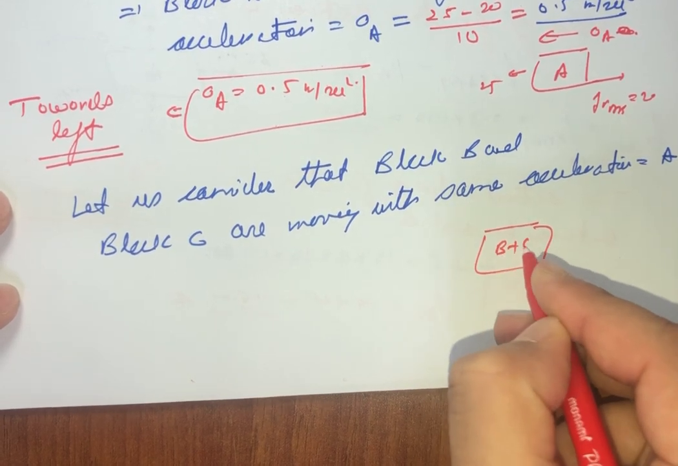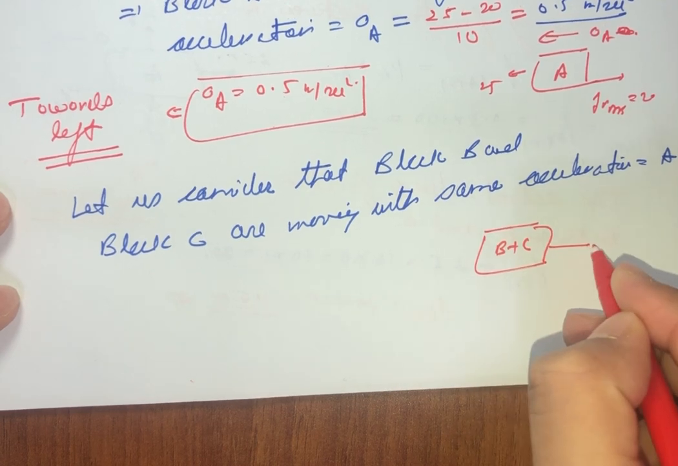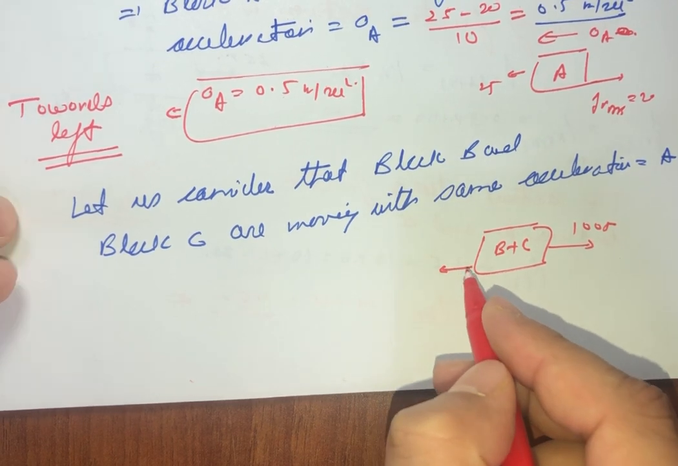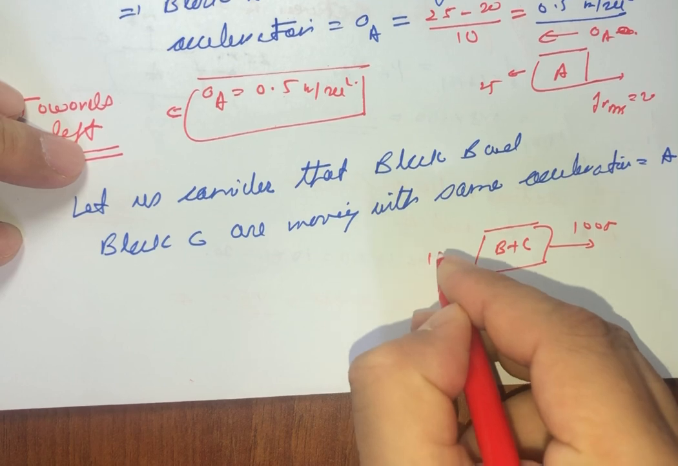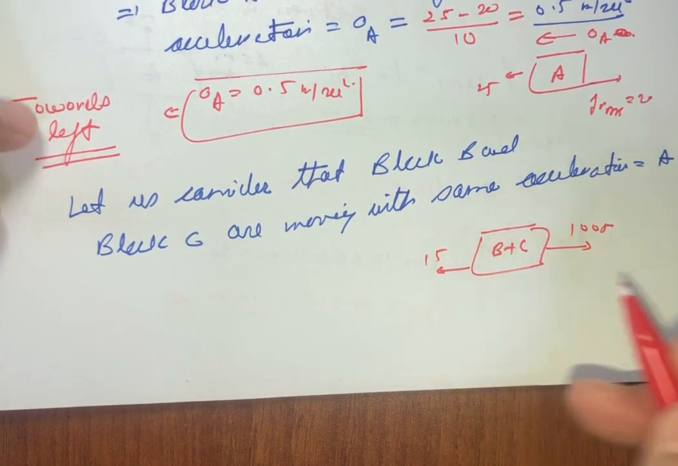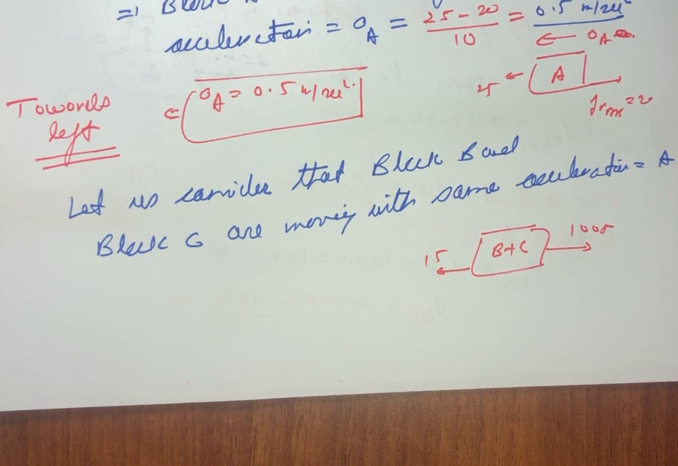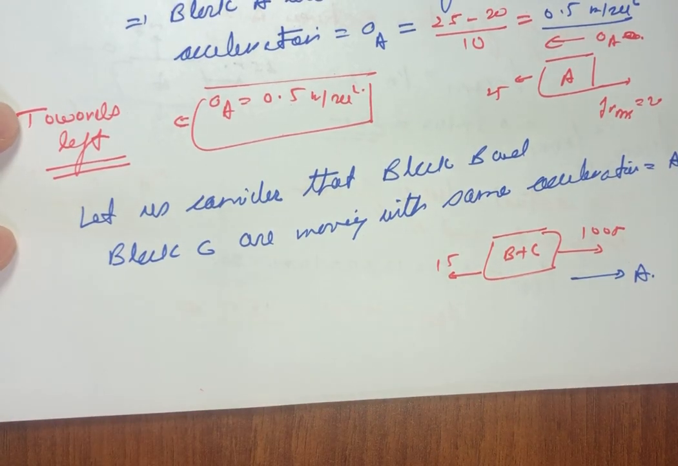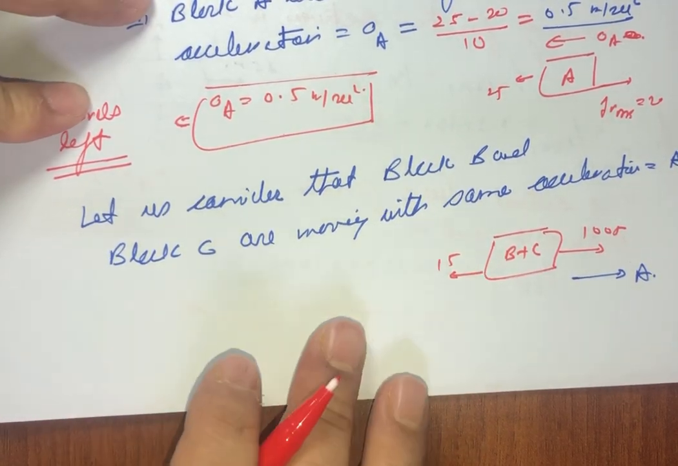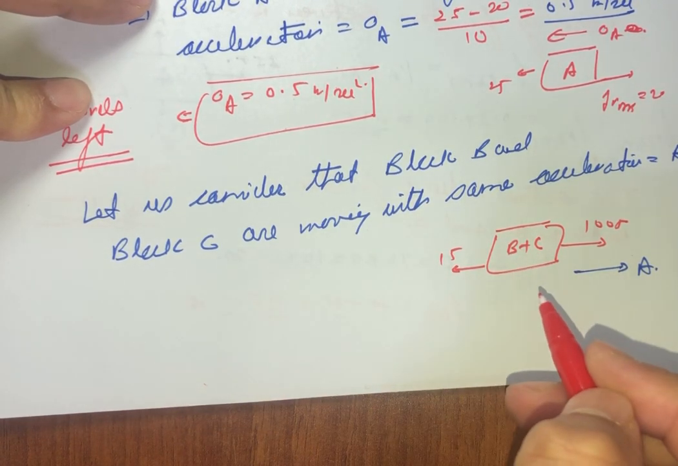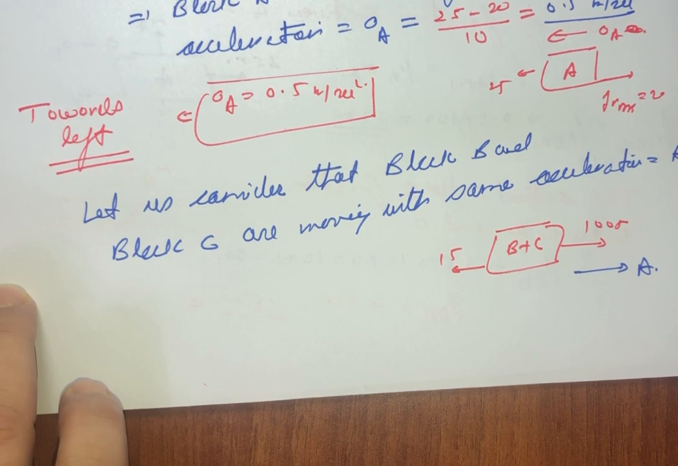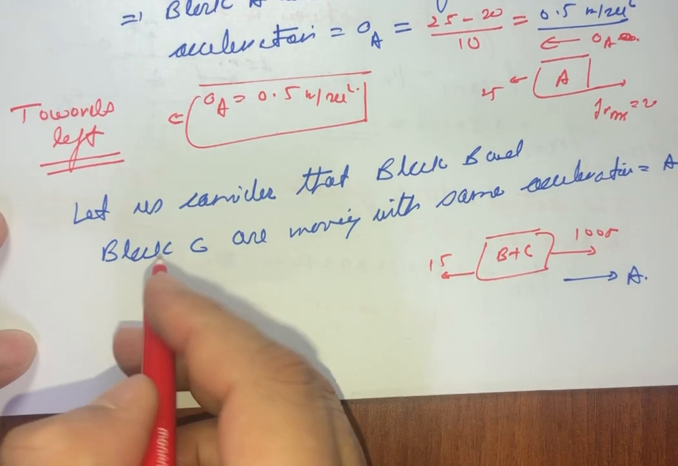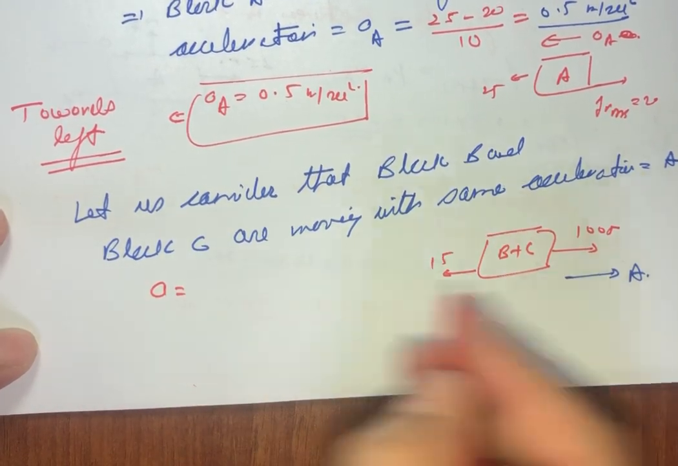So this is now B plus C, and a force is being applied of 100 Newton, and on this side on C it was 15 Newton, and here is a smooth surface, and we say that it is having an acceleration and moving in this direction with the acceleration A. So we can write the value of A will be equal to